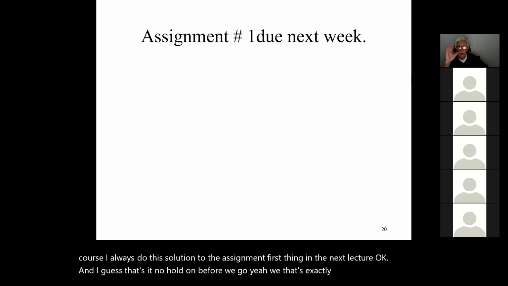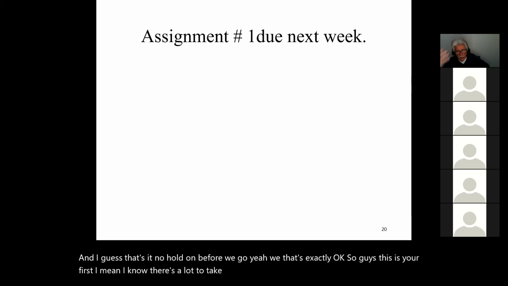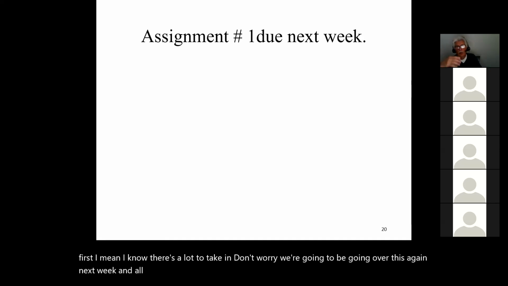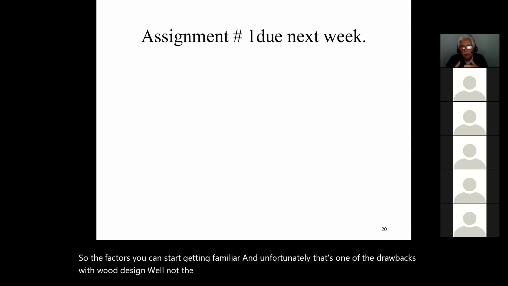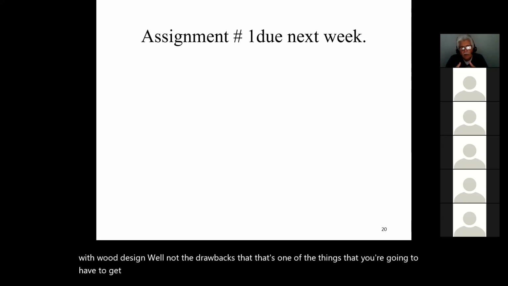So guys, this is your first, I mean, I know there's a lot to take in. Don't worry, we're going to be going over this again next week, and all these factors are going to be applying when we do the beams and so on. So you're going to start getting familiar with the factors. That's one of the things that you're going to have to get used to in wood design. Wood is a very natural